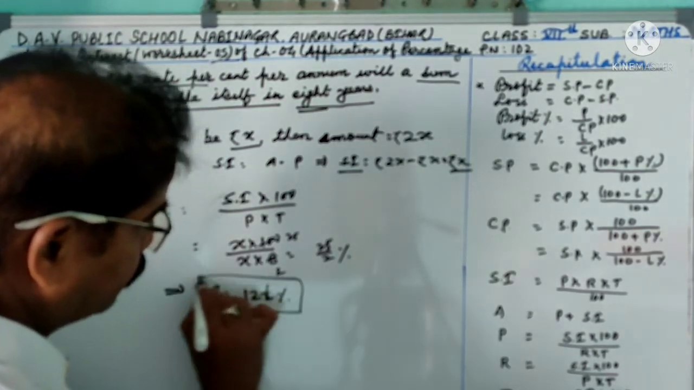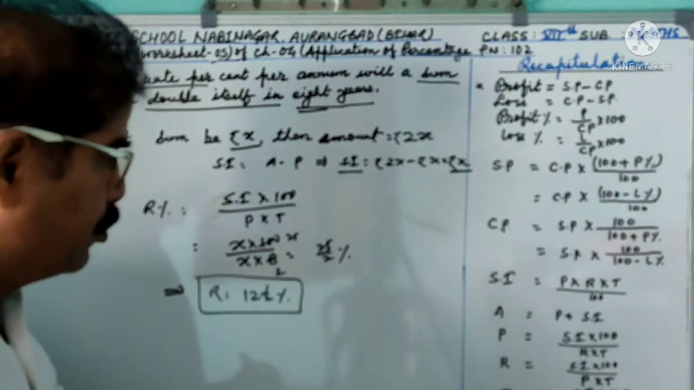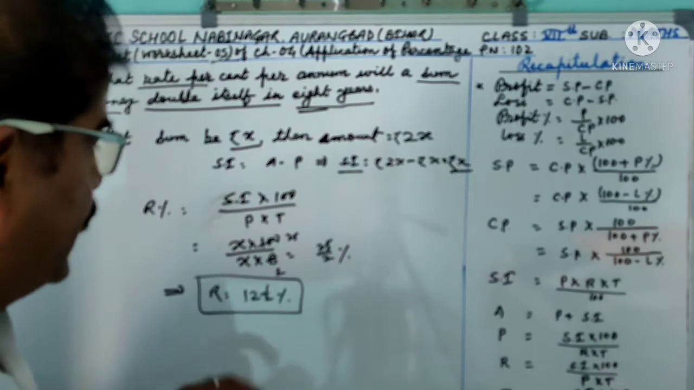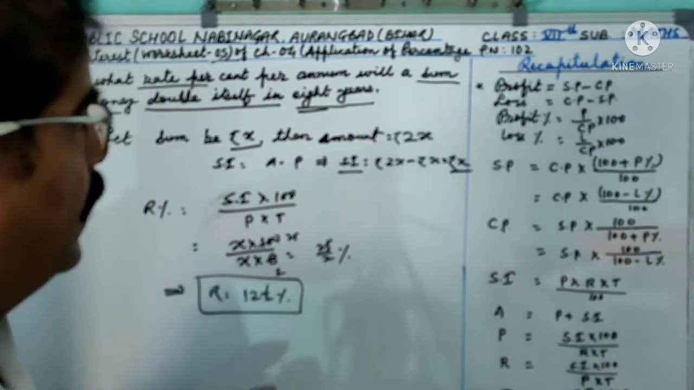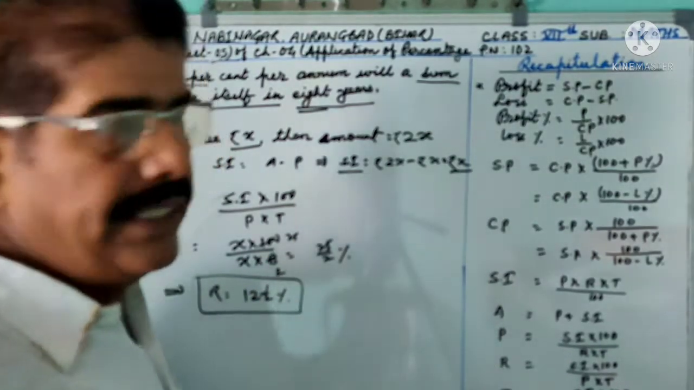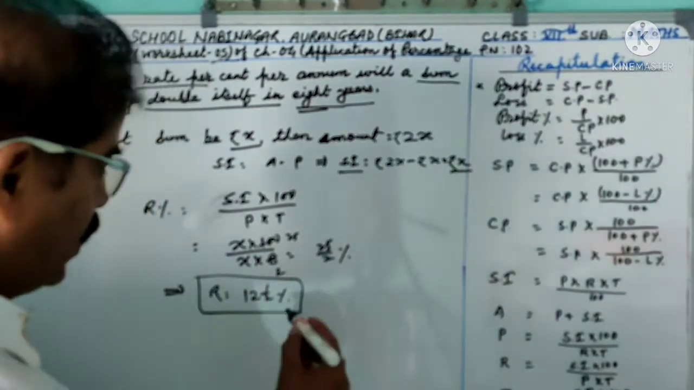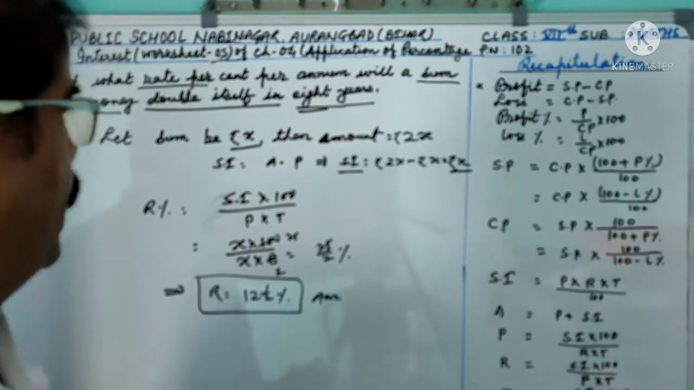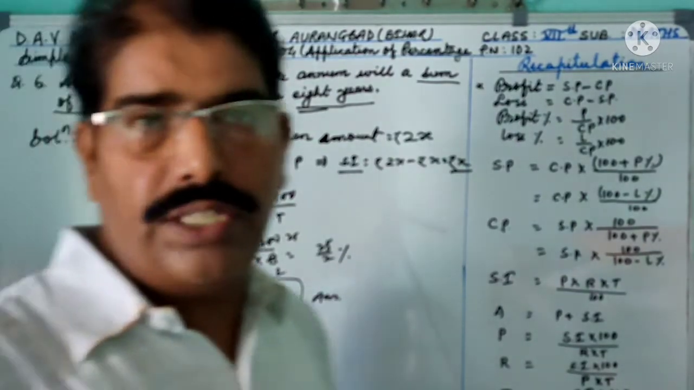So dear student, 12 and 1 by 2% is the required rate of interest for the sum to double in 8 years. So your answer is 12 and 1 by 2%. And the next question is,